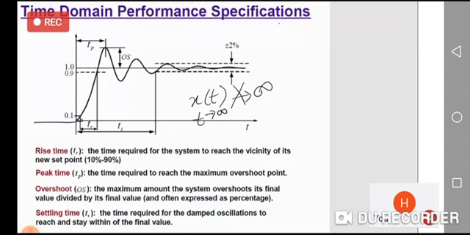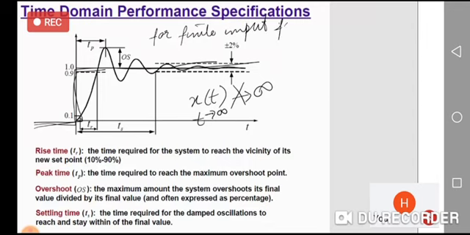For finite input. Input तो हमारे पास finite है ना, देखिए हमने 1 unit input दिया. For finite input, if the system responds